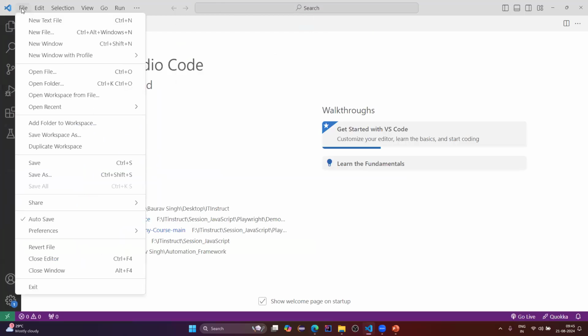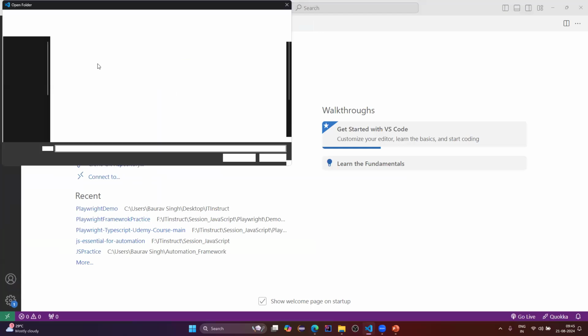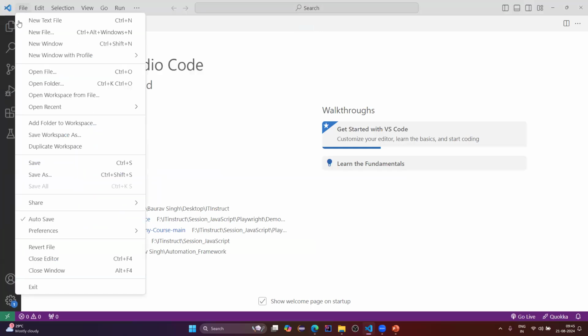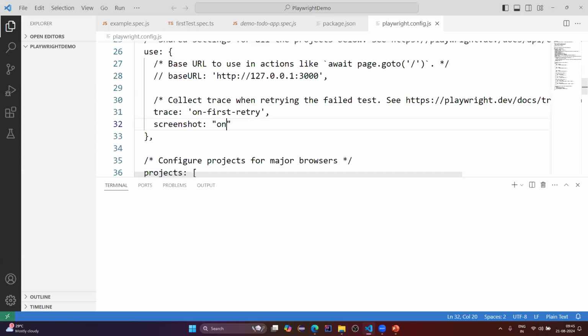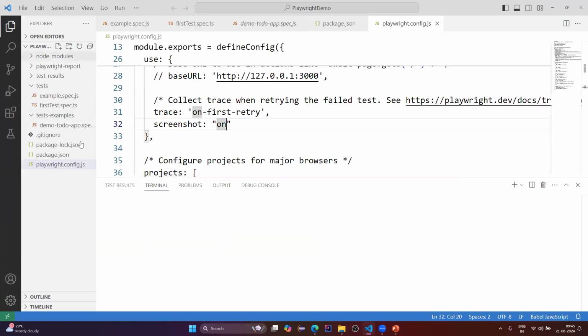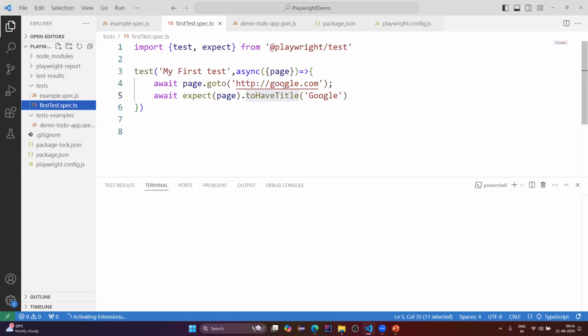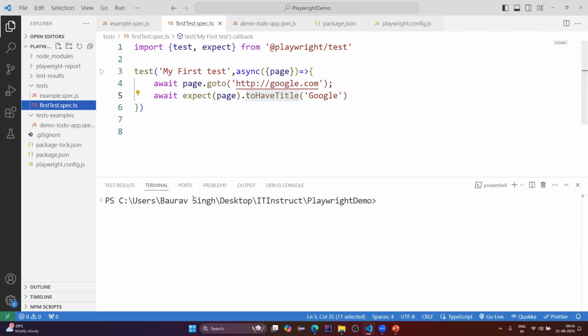And then let me open one of the demo projects we have. Under that we have a few test cases. In my first test case, I am redirecting to google.com and validating whether google.com has the title Google or not. I want to run this test case, so in my terminal I will just type